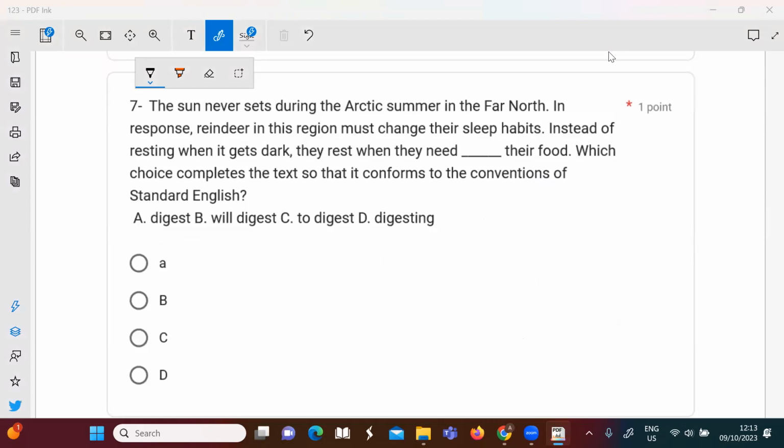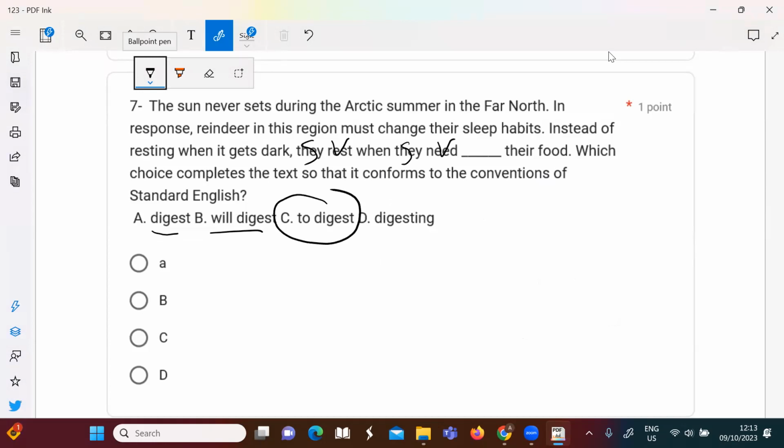Number 7, the same story here. I need "the digest", finite, will digest, finite, and here I have two non-finite verbs. Now, "when they need": subject, verb. "When they need", subject, verb. "They need digest." Should I put two verbs back to back? No: they need to, want to,